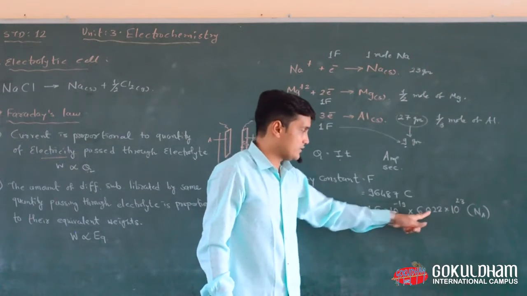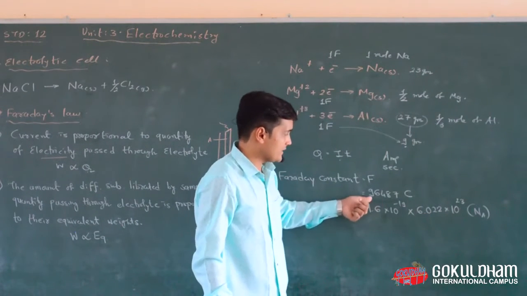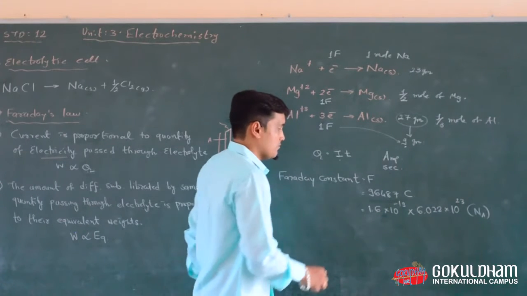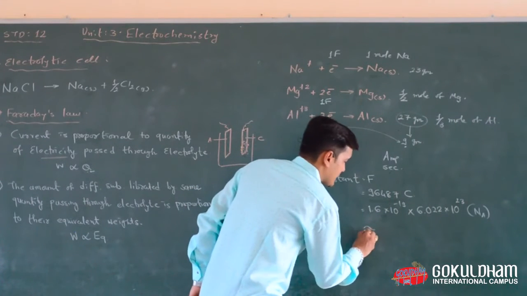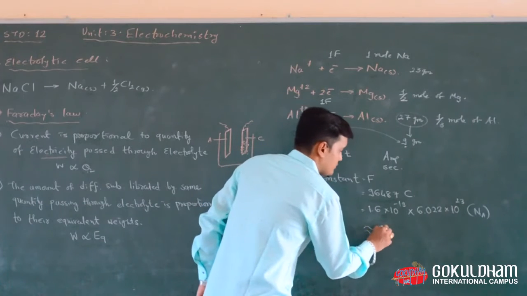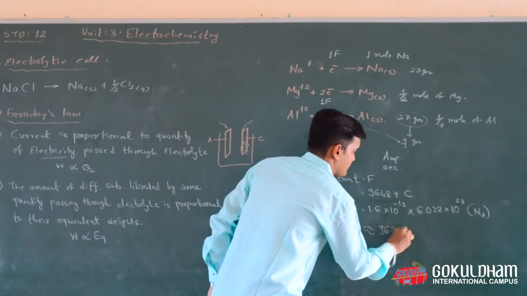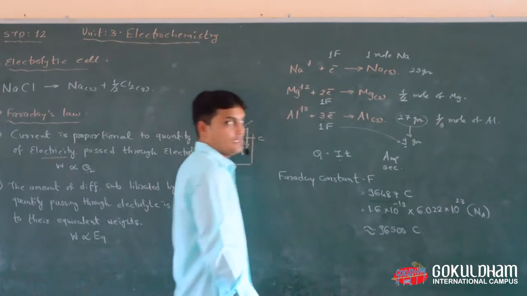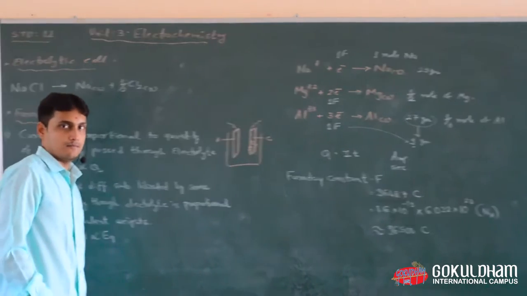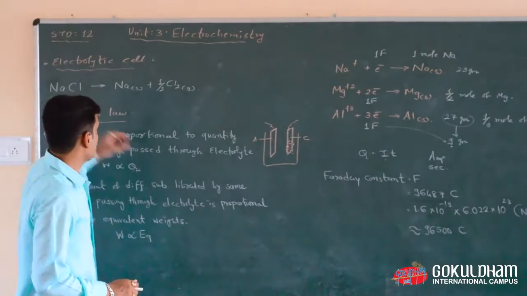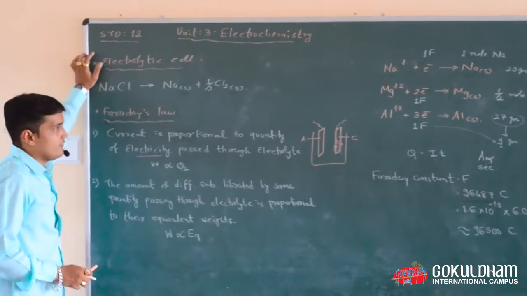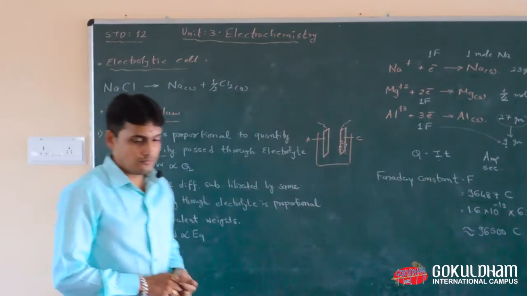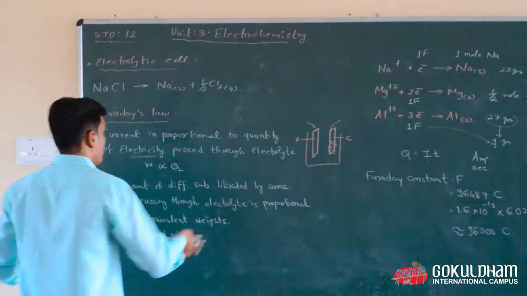When you multiply both these values, you will get the exact value of 96487 coulomb. But in practical scenarios, we use 96500 coulomb approximately in every example. Okay, this is the brief introduction of the electrolytic cell. Now, in further theory,